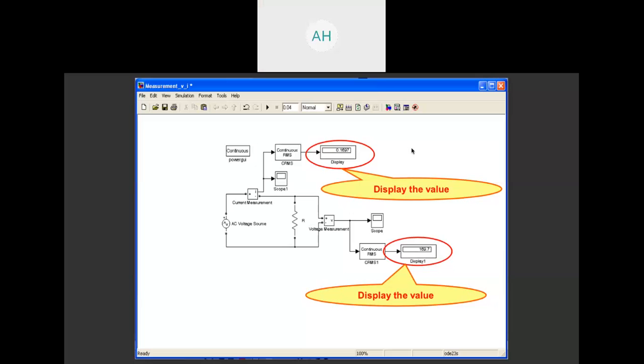For example, we use continuous measurement to get the actual value from this circuit, and we use discrete RMS if we want to measure from a single block set, for example, step response and so on. From a single block set, we just continue to discrete RMS and then connect to a display.